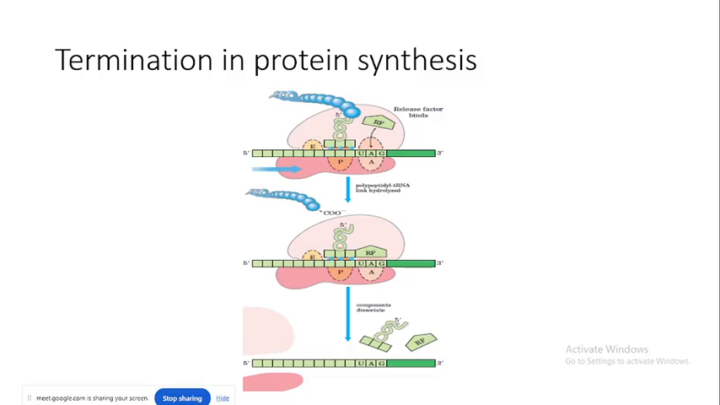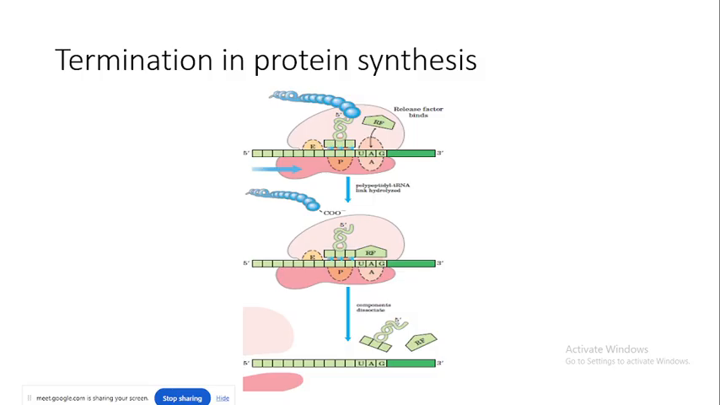So now, when this UAG stop codon reaches the A site, there is no amino acid for that. So release factor will come. This release factor is only for the stop codons UAG, UGA, and UAA. So only when the stop codons are placed into the A site will the release factor come and bind to the A site of the